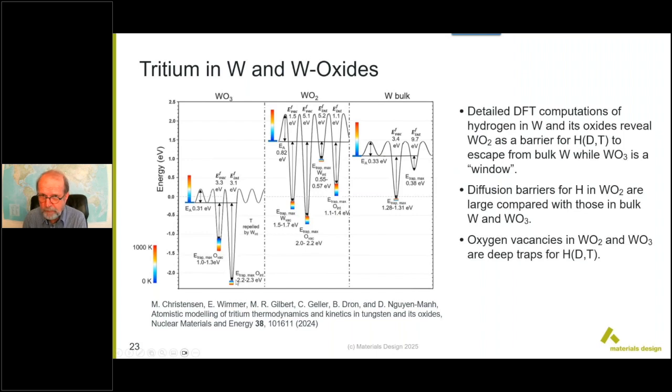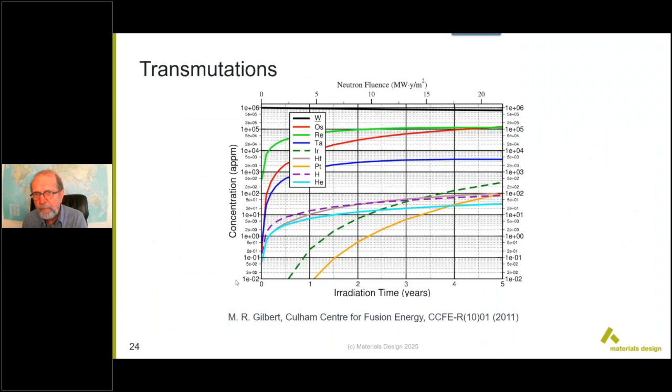So in other words, using simulations, we can get a very detailed understanding and quantitative data of the behavior of tritium in these oxides and the stability of oxides. Now,